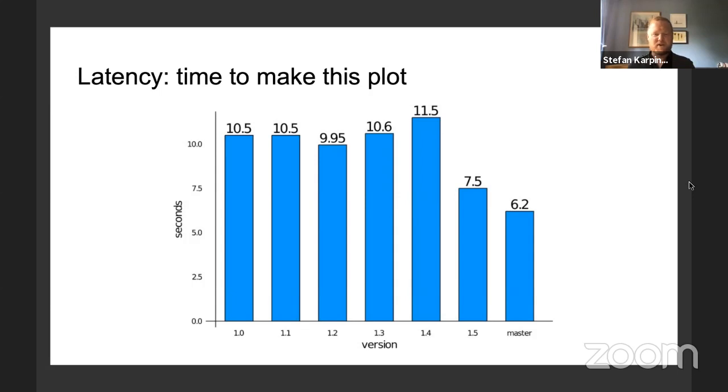And I want to point out that this time to first plot is sort of a worst case here. There are a lot of other load times that have gotten substantially better than this because they're not quite as complicated and involved, and they don't involve pulling so many pieces together.